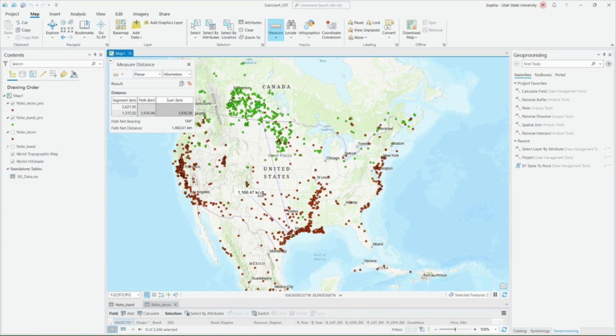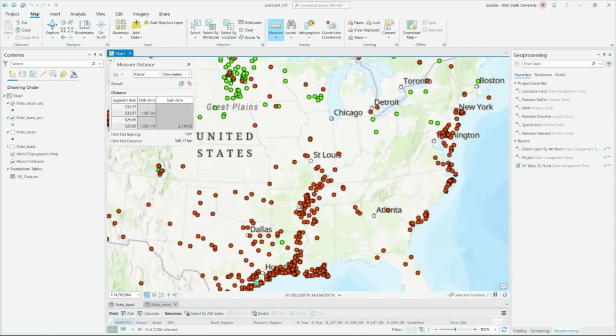It seems to keep you pretty solid. But there are instances where you'll measure something and then you'll try to measure the exact same thing and you'll end up with a different number, right? So you can see the first time I measured that distance, 533, the second time was 525. So there is a level of uncertainty in your distance measurement, especially if you were to try to measure between like